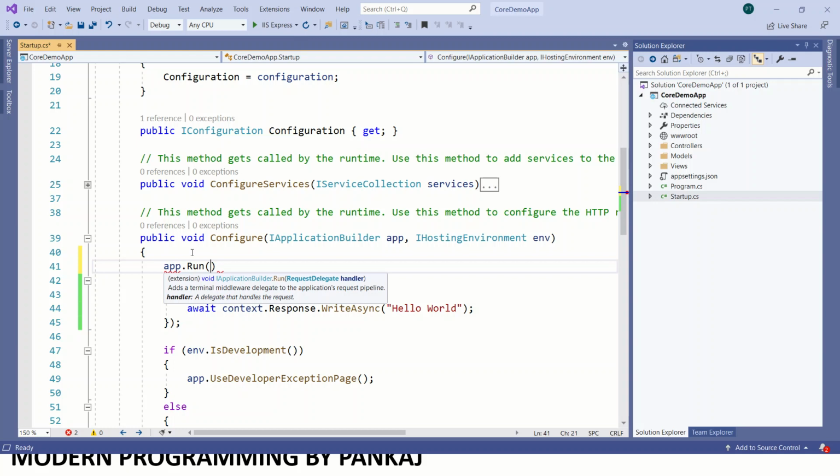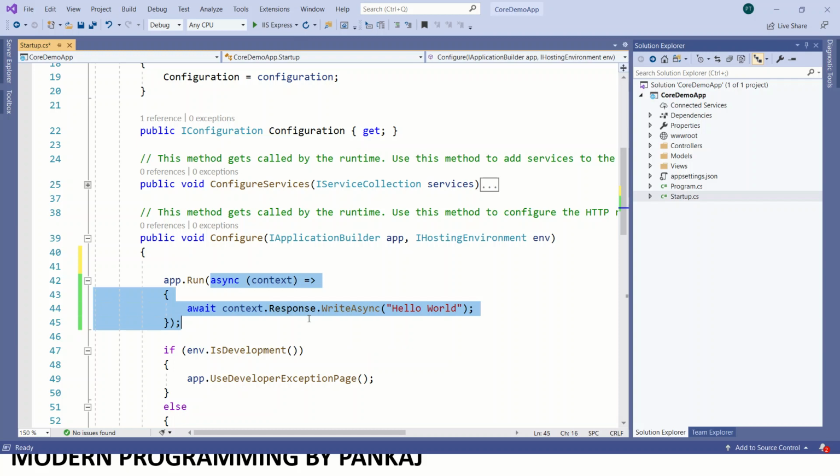So this is how it works. Now you can see this run method accepts a method as a parameter whose signature should match the request delegate. So what we are passing in the run is a kind of delegate. Therefore the method should accept the HttpContext parameter and return a Task. So you can either specify a lambda expression or specify a function in the run method. The lambda expression specified in the run method is similar to the following.